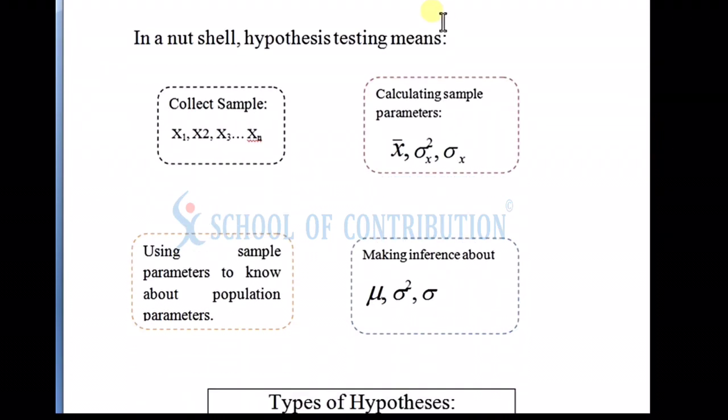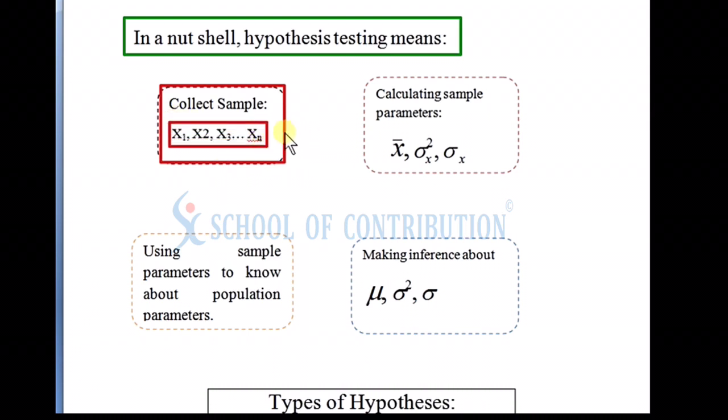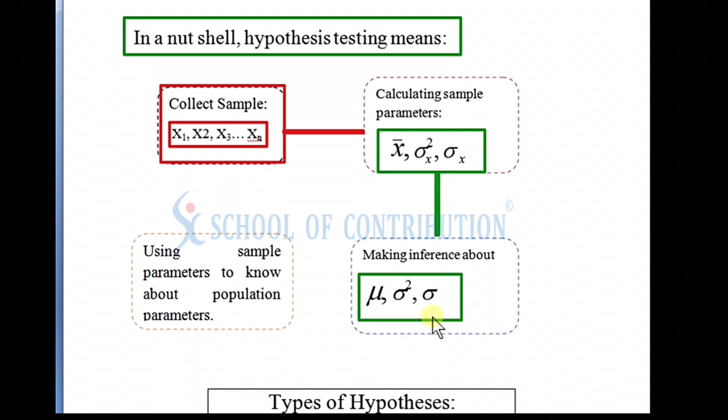Now using the parameter concept, we can present hypothesis in the following graphical manner. The first step of hypothesis testing is collecting sample data, then using the sample data to calculate our sample statistics, that means sample mean, sample variance and sample standard deviation. Then we use these sample parameters to make inference about our population parameters, that means population mean, population variance and